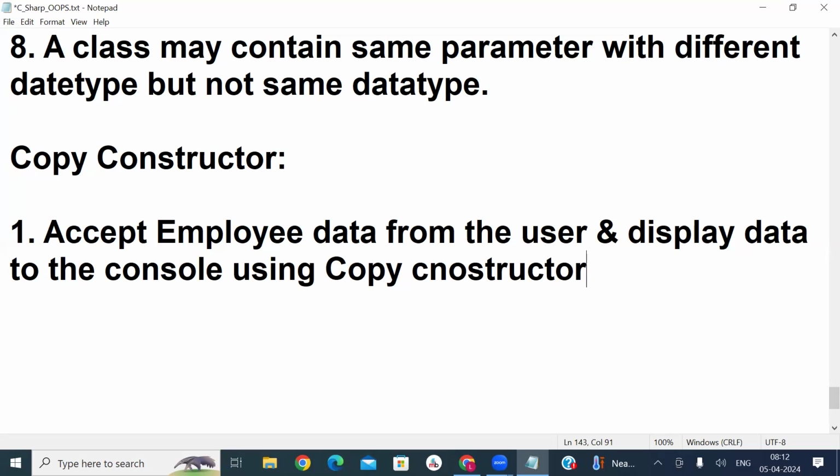The user has to enter the employee name, designation, and salary. Three values you need to accept. After accepting that, with the help of a copy constructor, I want to return the data. This is what I want. So first, what I can do is